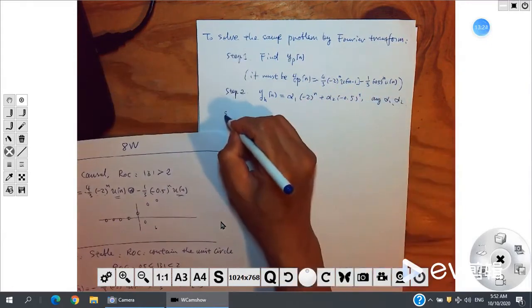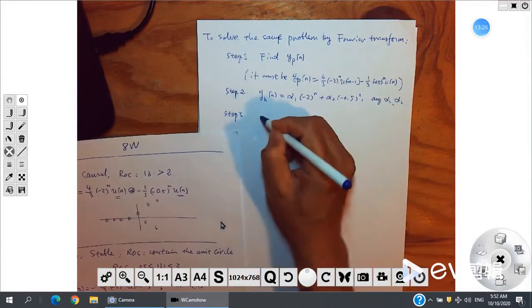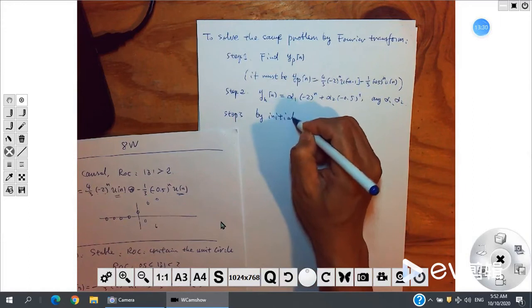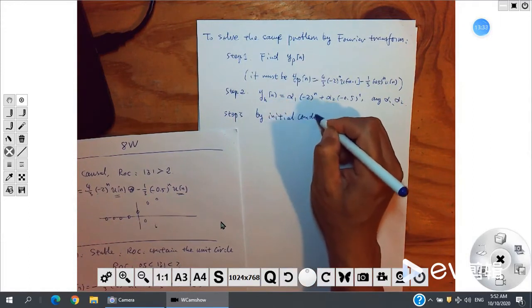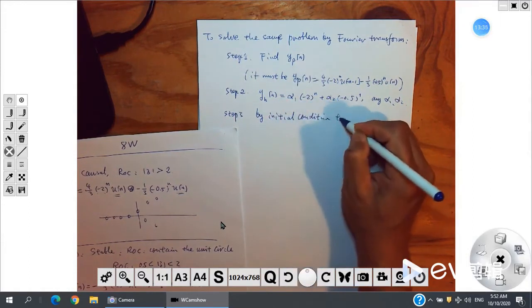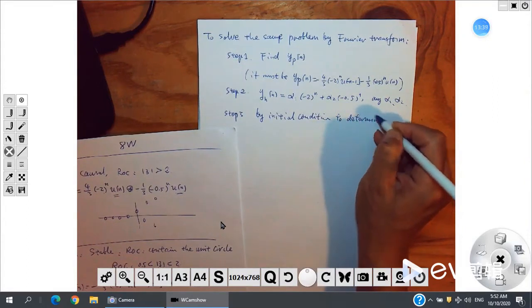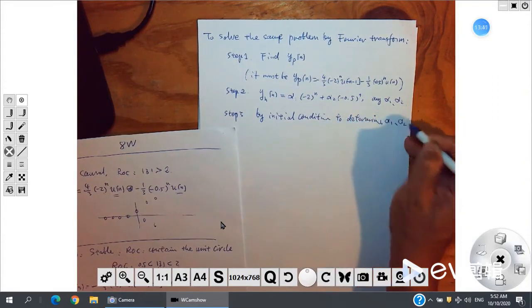And step 3, by initial condition, to determine alpha1, alpha2, then